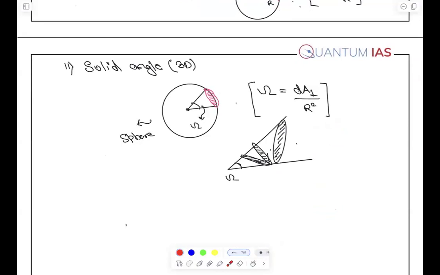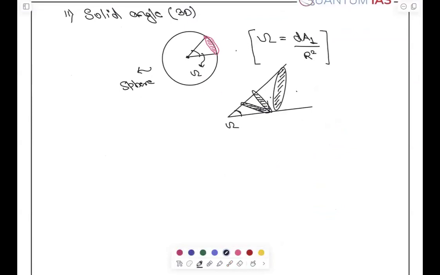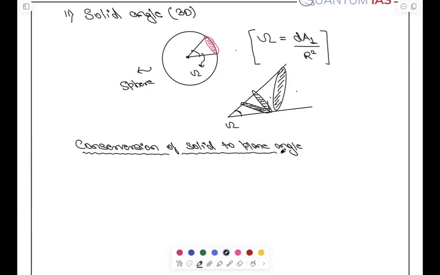Yes sir. Okay, let's go. Again, it is mentioned in your NCERT. What I want to tell you is how you convert solid angle to plane angle. And this formula you can use directly. There is no need to base anything behind it. So let's say if this is